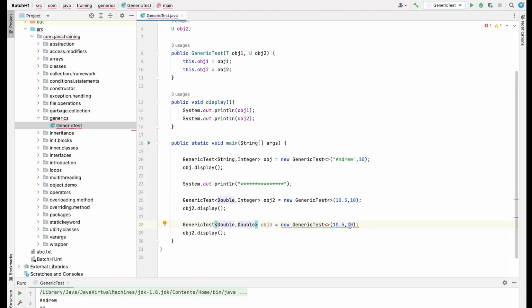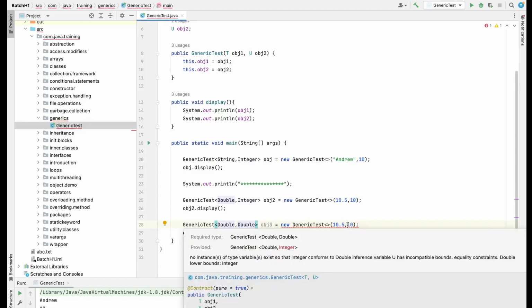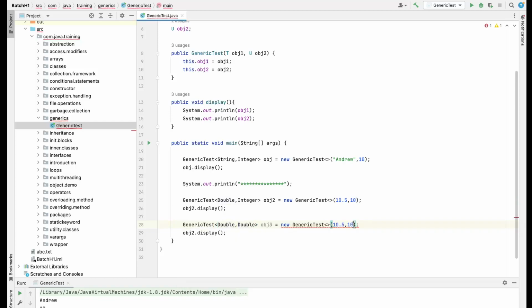And again, this will tell you that your object is basically requiring double and double values, but you are providing one double and an integer. So the editor will show you the error at compile time, and it will also provide a suggestion on how to fix that. What you can do is provide one double value here as well. So let's say